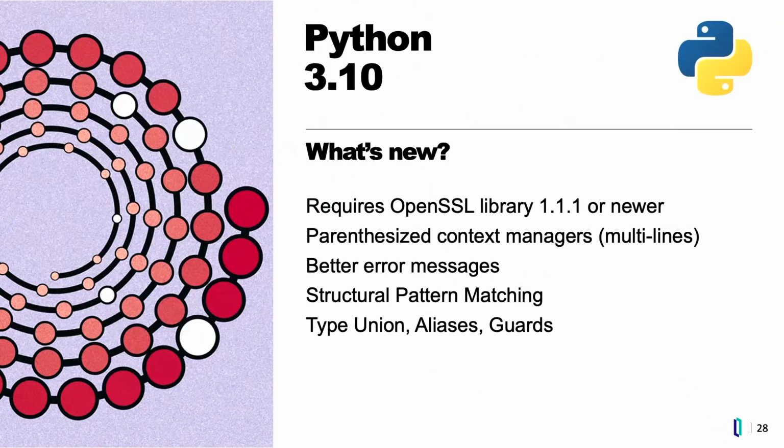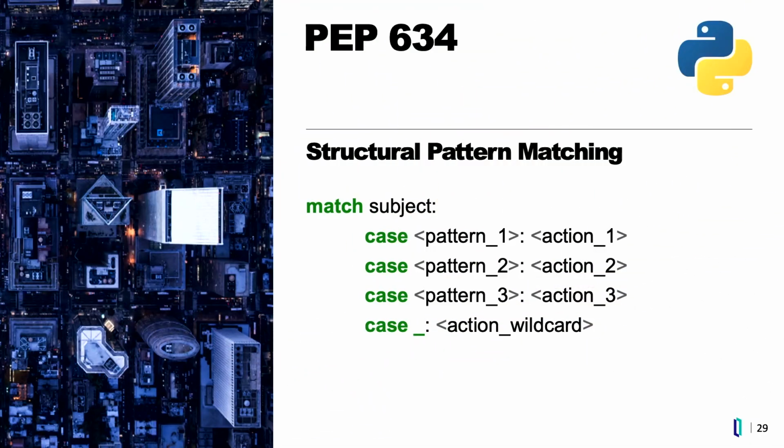What's new in Python 3.10? The most important thing for me personally is it supports OpenSSL 1.1.1, which includes all the fixes for the security vulnerability we all heard about earlier this year. So that's the thing you want to keep in mind. And personally, again, I like the structural pattern matching. If you take a look at this, it's very similar to what Java has done, actually. It gives you a switch statement which allows you to type stuff automatically.